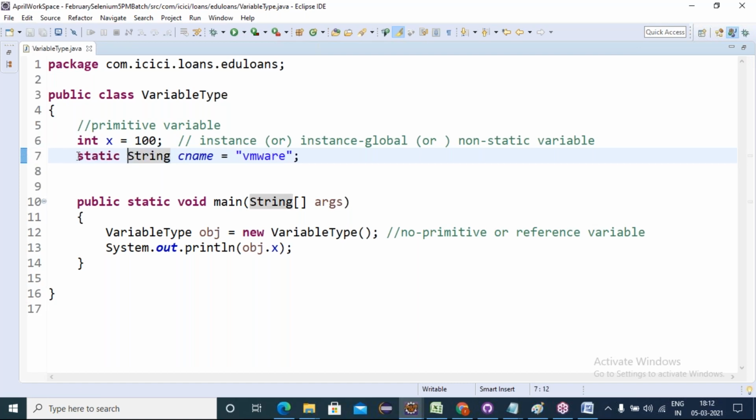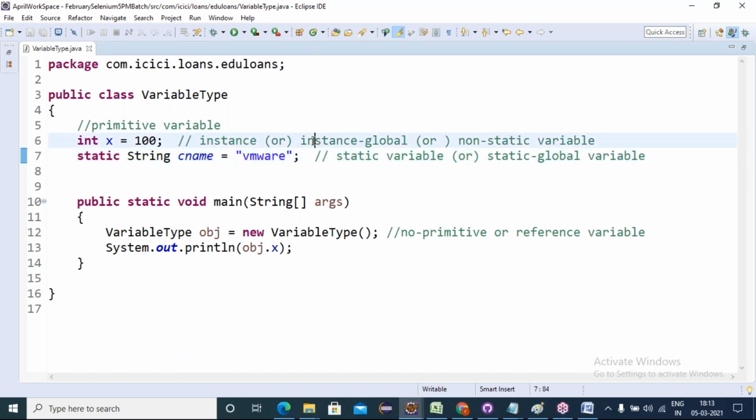Then that variable becomes static. The instance variable is like this, and this is called a static variable. For static variables we prefix the static keyword. We can also call it a static global variable.